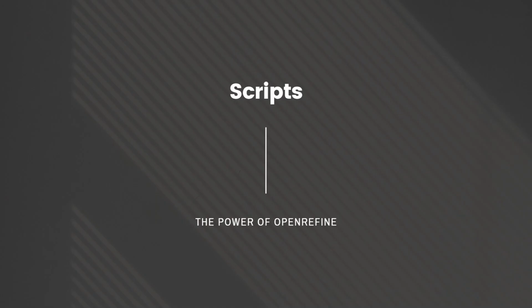There's one more feature that I want to talk about. This one will really impress your collaborators. It's the ability to generate scripts. OpenRefine saves every change that you make to a dataset in a format called JSON, JavaScript object notation. You can export this JSON script and apply it to other data files that have the same